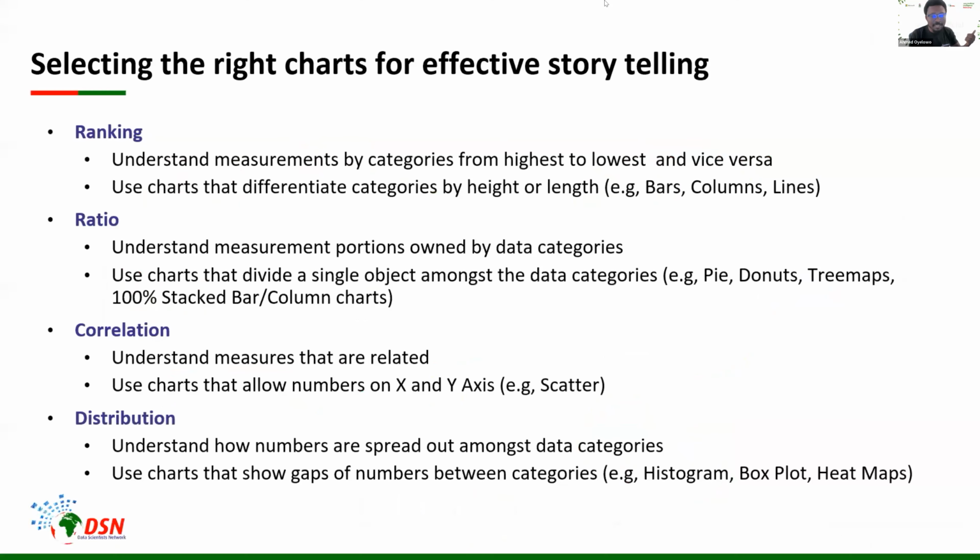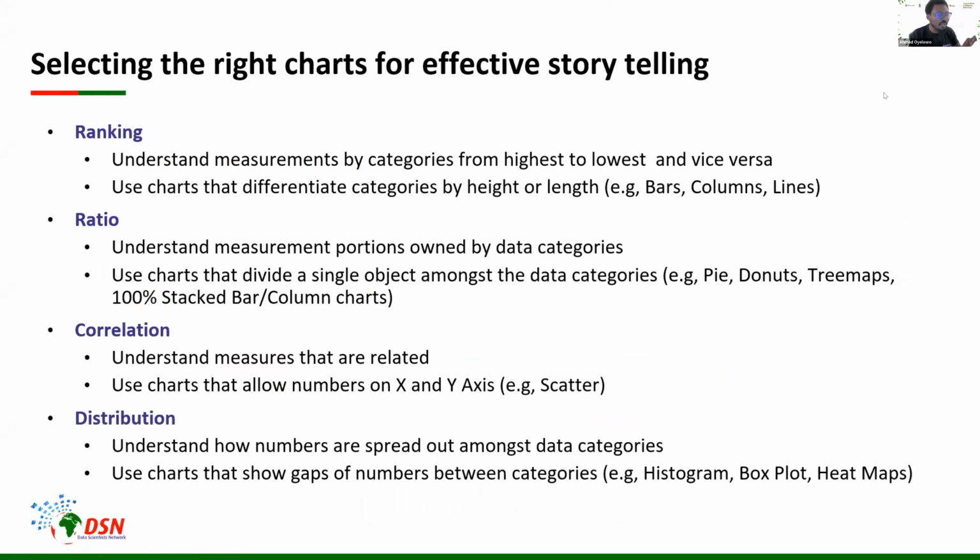So if you are trying to tell a story that measures proportions, then you should be using charts like pie chart that is just one circle, donut chart that is also just one circle, and then we'll also have some 100% stacked bar charts as well, where you are going to have a lot of categories inside a single bar, and you split the bar based on the proportion that each one of them carries.